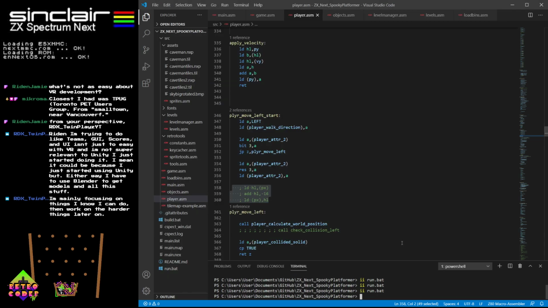And what I found was all of the relatives actually get shifted to the other side of the sprite because